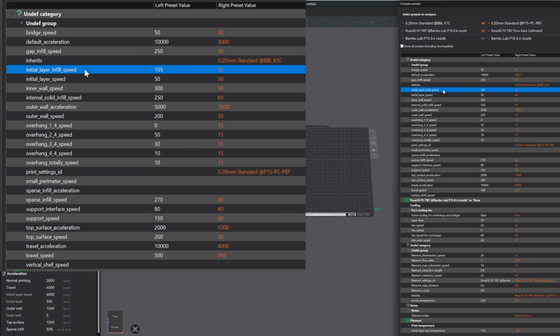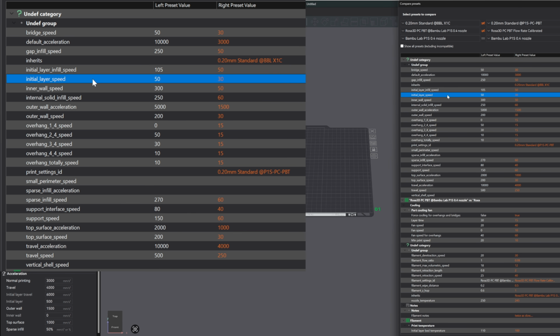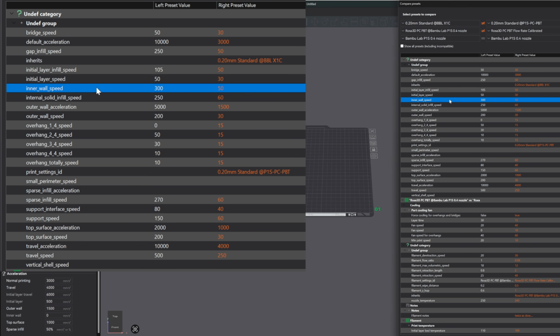Initial layer infill speed from 105 millimeters per second to 50 millimeters per second, because a slower first infill helps bond layers securely. Initial layer speed from 50 millimeters per second to 30 millimeters per second, because a slower first layer improves overall bed adhesion. Inner wall speed from 300 millimeters per second to 50 millimeters per second, because slowing inner walls increases strength and